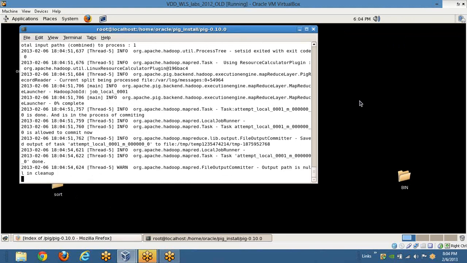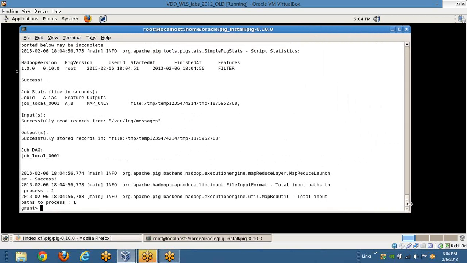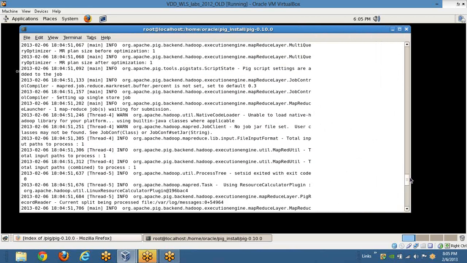So these are all the records which, okay, it's still doing it. That is a pretty big file itself. You can see it shows success. It is run in a local mode itself. If you go up,